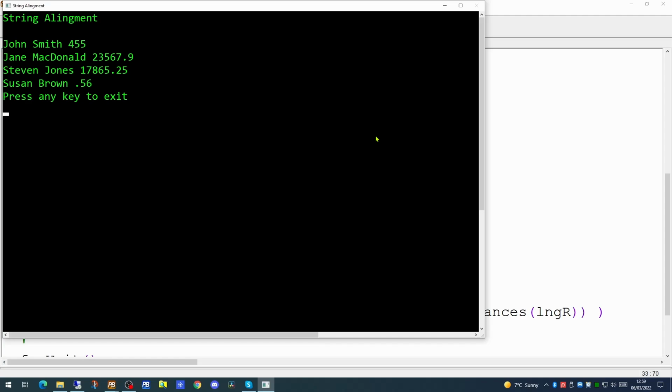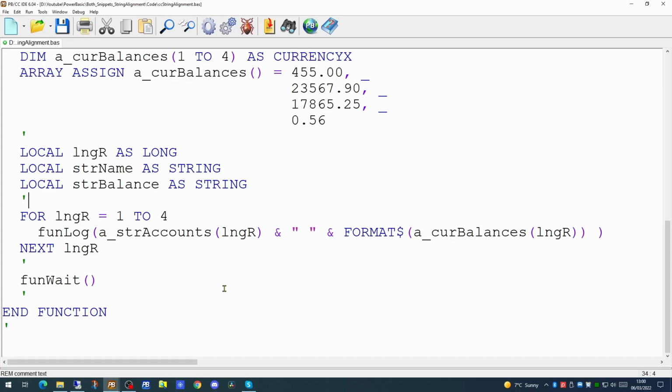It's not particularly readable. You may well in your applications have the need to send formatted data either to the screen, to a file, or to another application, or perhaps creating a PDF file. So what we're going to look at today is how we can format this data to make it look more appealing.